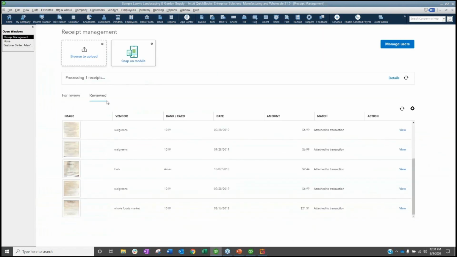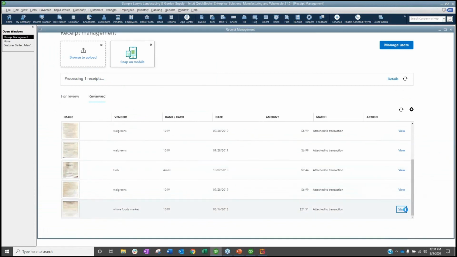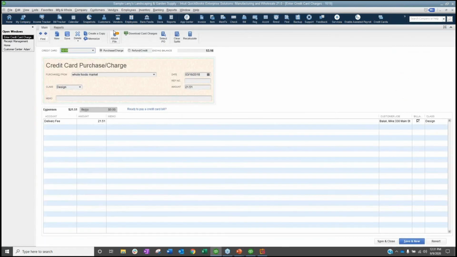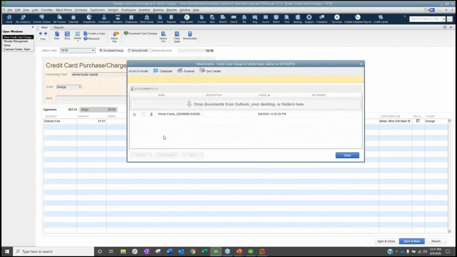Oh, wait, I forgot one of the biggest parts. And there's an attachment right in here. So I click on the attachment, I can reopen this image at any point from the transaction. I don't necessarily have to be in the receipt management area. So just a really, really big deal. I feel like such a huge step in the right direction for desktop. I'm really proud of the desktop team for getting this pushed through.